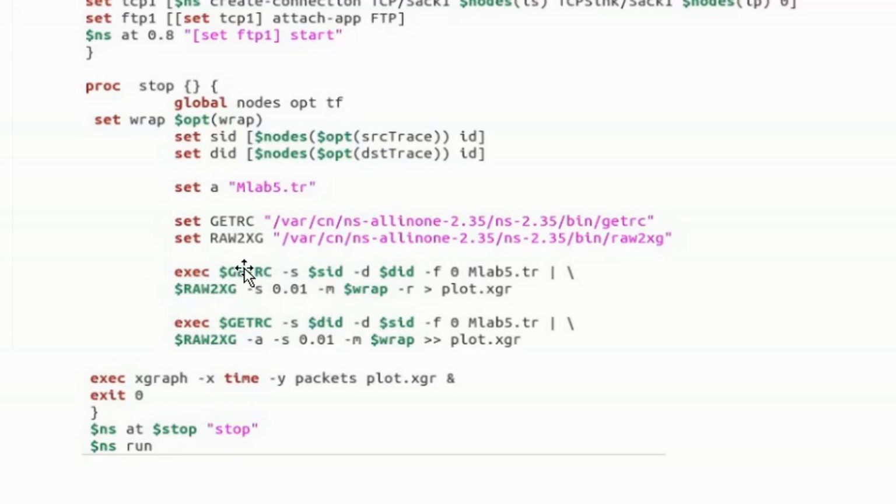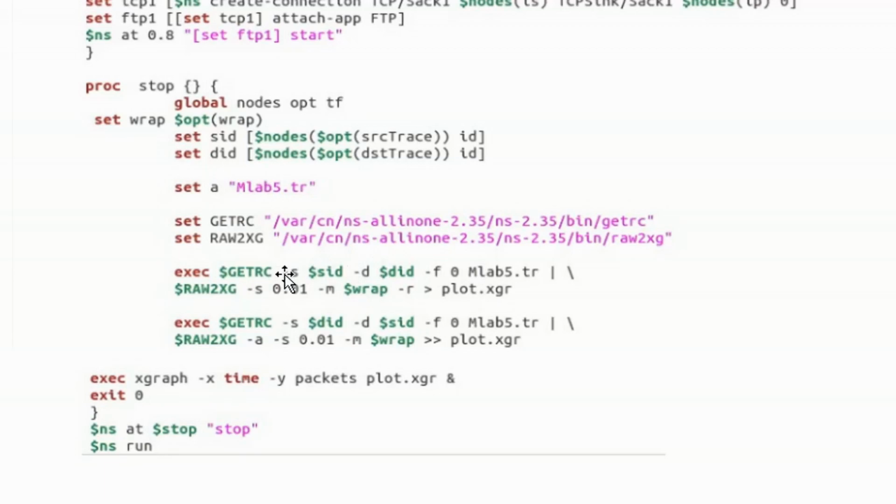So value of getrc, that means I am taking the content of this file using this path, and then what does this -s mean? Minus s is nothing but the sender. And then SID is nothing but my source trace file. I'm giving that as the input for execution, and then minus d is nothing but the destination.